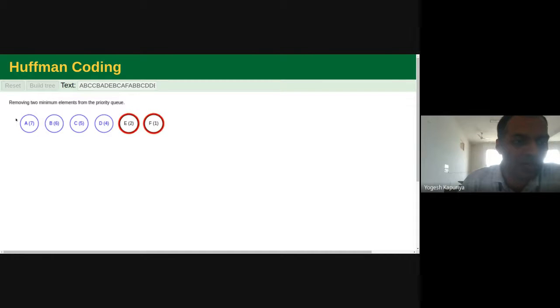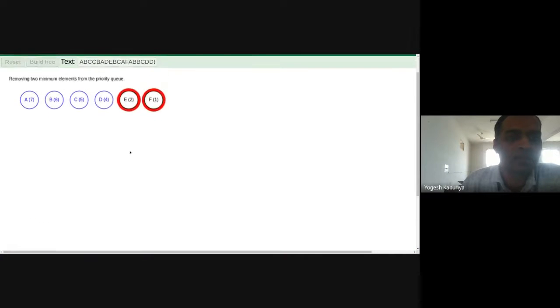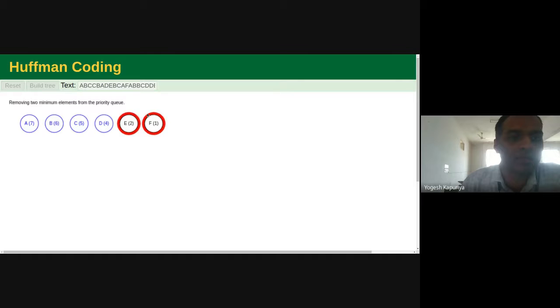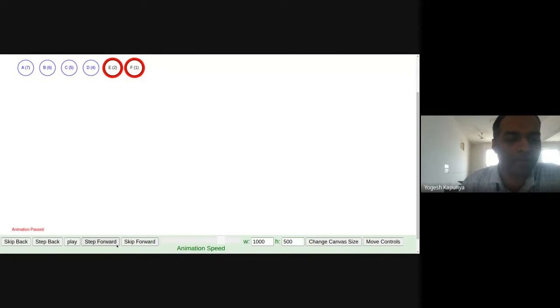So it means how many times A is repeated, how many times B is repeated, C, D, E, and F, right? So we have first found the frequency. Then the next step is removing the two minimum. So which one is minimum over here? Obviously E and F.